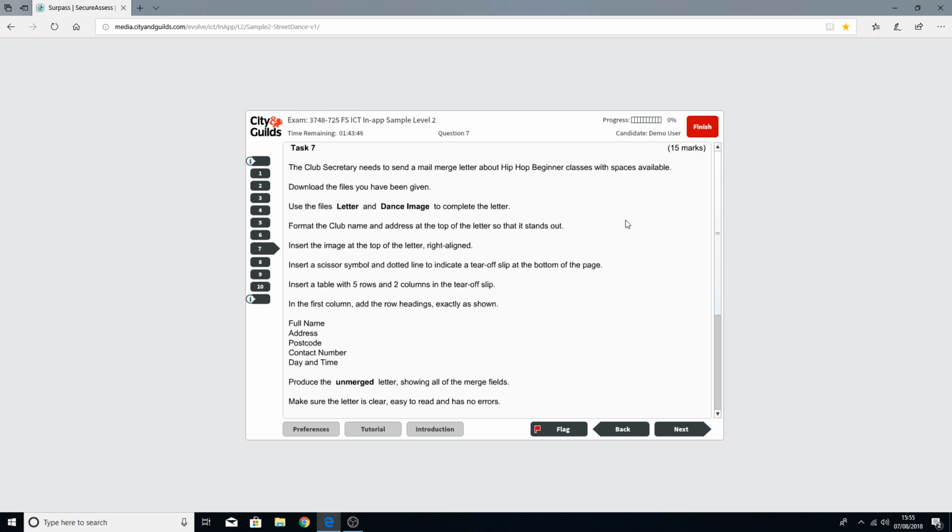Download the files you've been given. Use the files letter and dance image to complete the letter. Format the club name and address at the top of the letter so that it stands out. Insert the image at the top of the letter, right aligned. Insert a scissor symbol and dotted line to indicate a tear off slip at the bottom of the page. Insert a table with 5 rows and 2 columns in the tear off slip. In the first column, add the row headings exactly as shown, so full name, address, postcode, contact number, date and